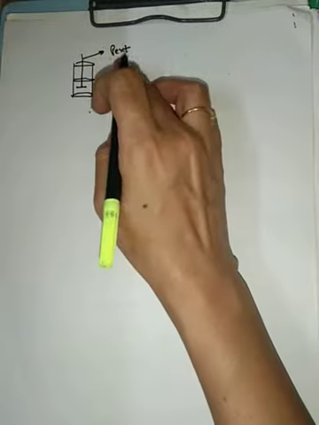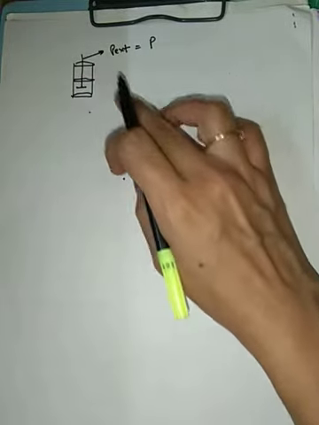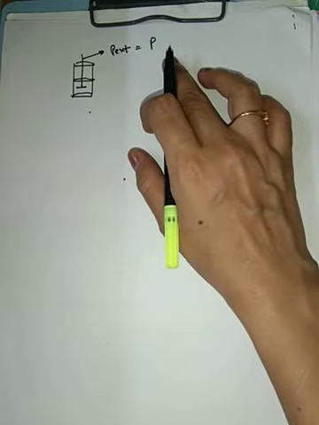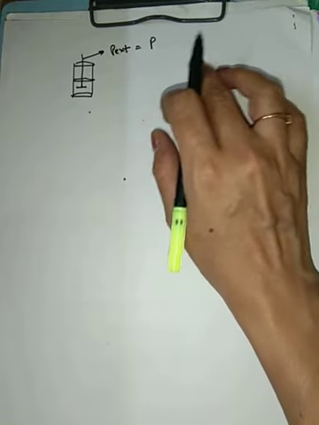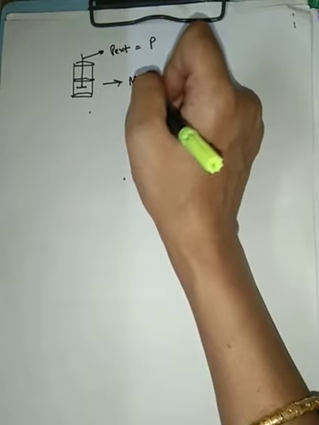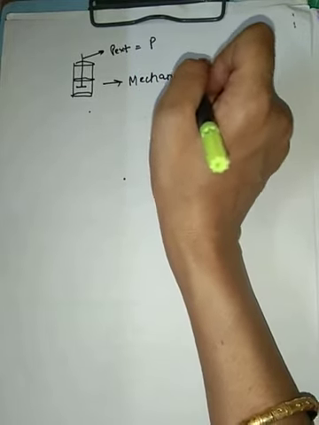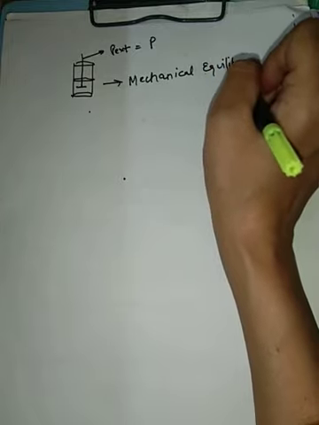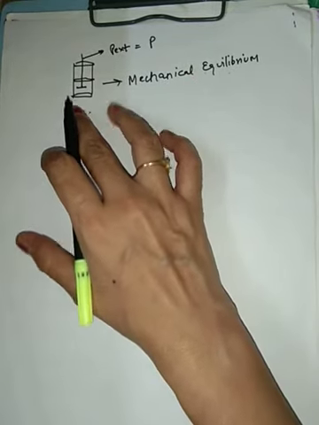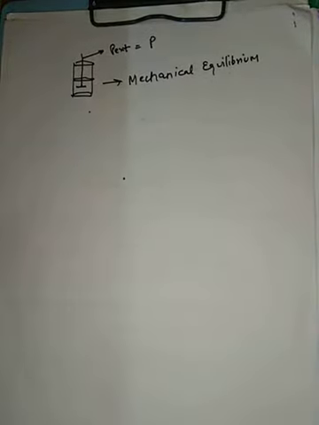And suppose it is set equal to P, the pressure of the gas which is enclosed in the container. So what will happen? The pressure in the gas and the pressure of the piston is same. They are set equal. There will be no expansion, there will be no compression, and we say the system is having mechanical equilibrium. जब piston जो pressure apply कर रहा है वो equal हो जाता है to the pressure of the gas which is enclosed, then there will be no expansion, no compression, and the system is said to have mechanical equilibrium.